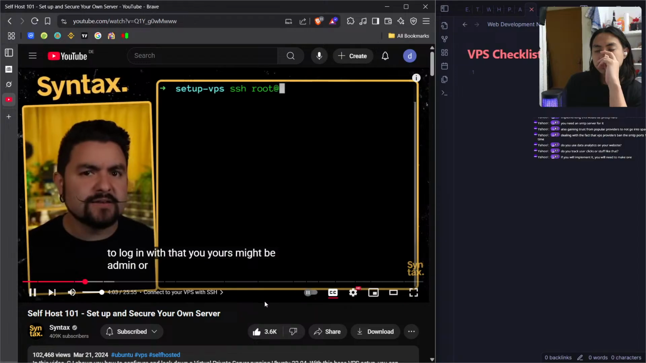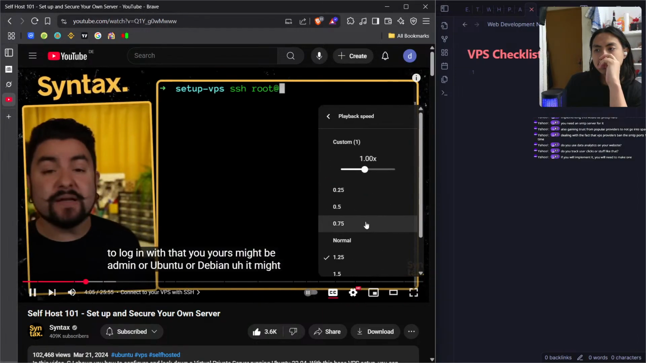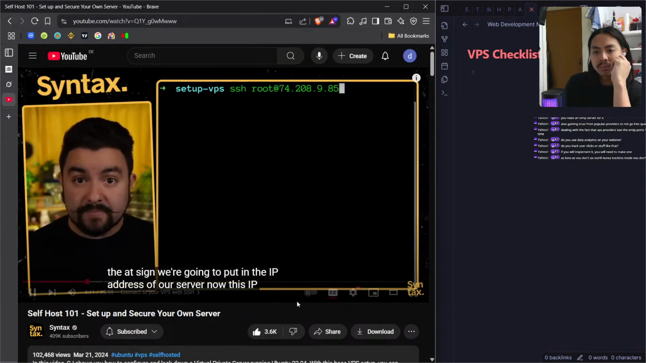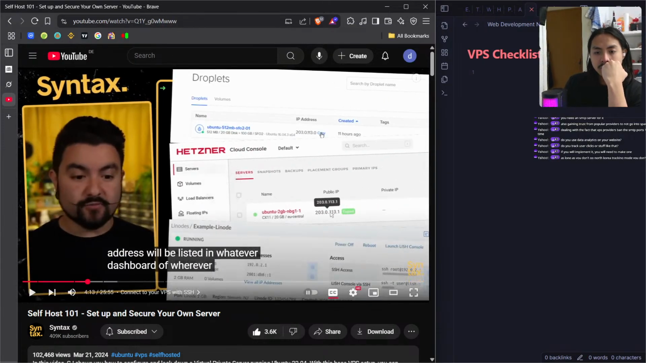Yours might be admin or Ubuntu or Debian. It might vary, but for me it's root, and then after the @ sign, we're going to put in the IP address of our server. Now, this IP address will be listed in whatever dashboard of wherever